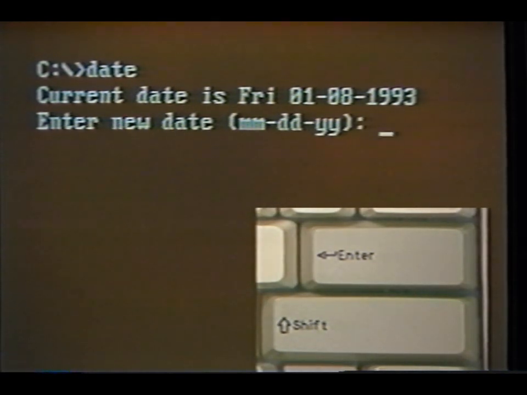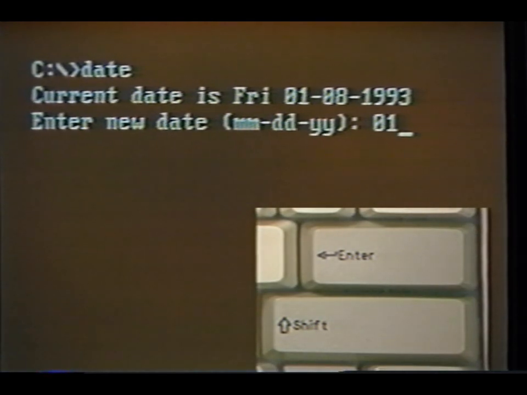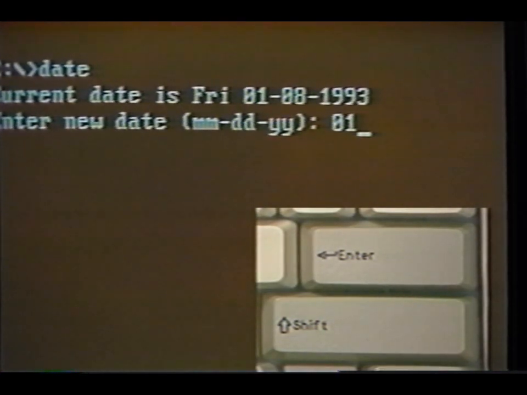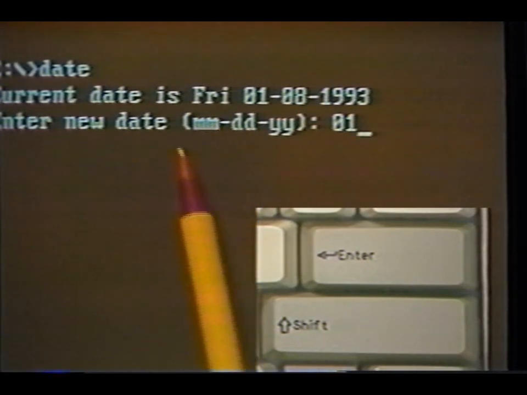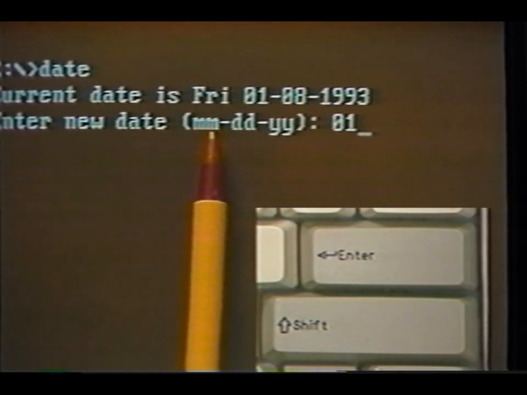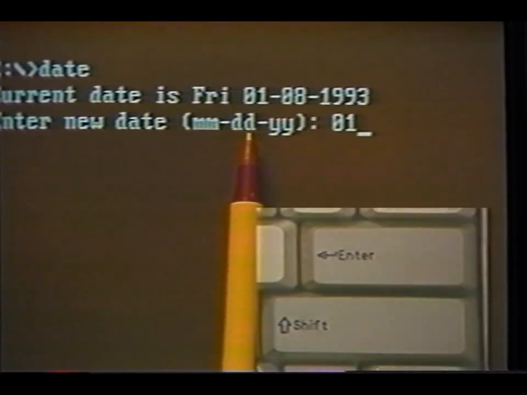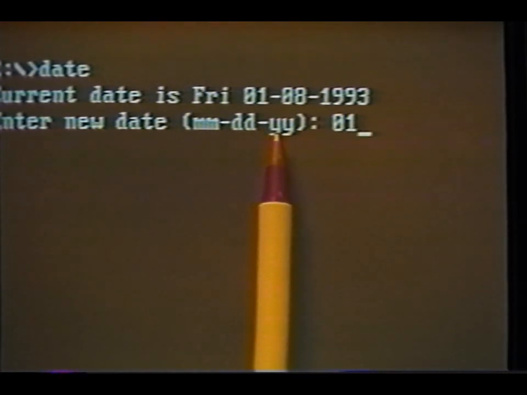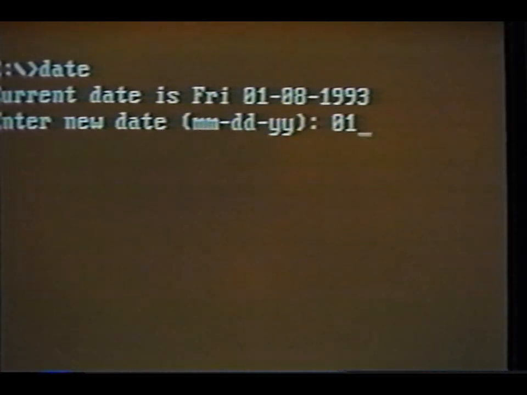We use the number pad to type in. You notice that the format is listed here. 2 digits for the month and a dash, 2 digits for the day and a dash, and 2 digits for the year. So 01 would be January, dash, let's say 09 for the date, another dash, and then let's use